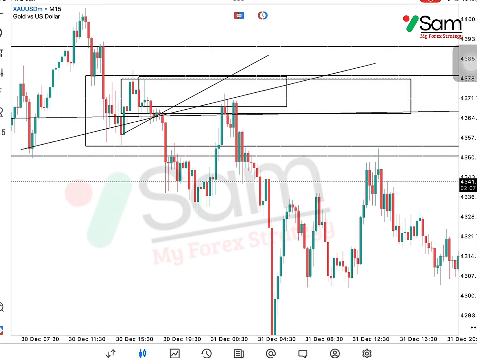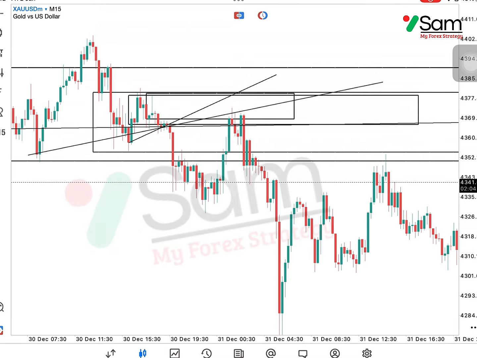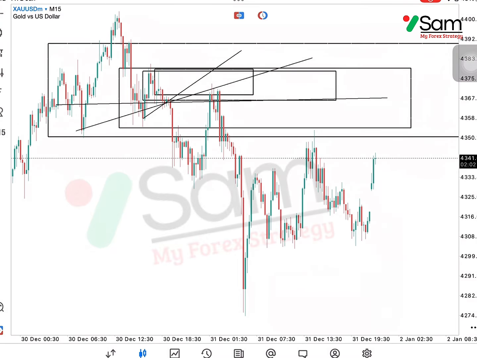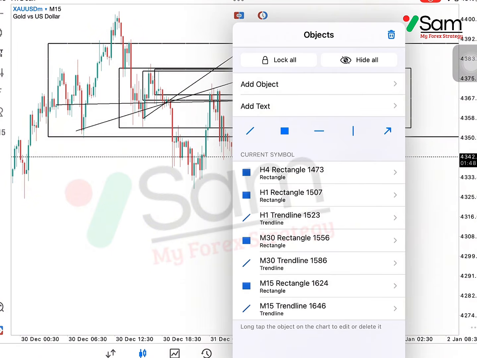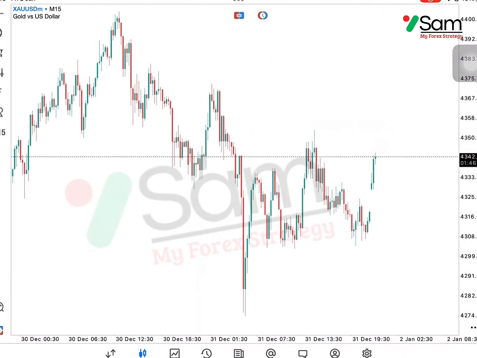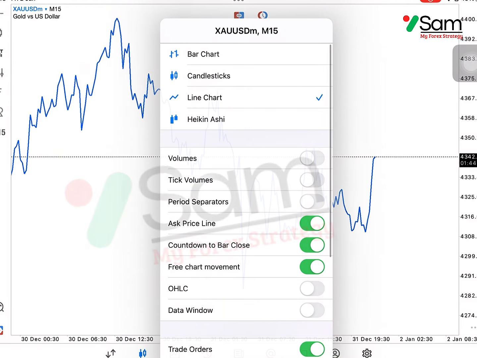Bro, a lot of people are still asking about engulfing. Now Sam will explain the different forms of engulfing, both bullish engulfing and bearish engulfing, and also why it is called engulfing. Please keep in mind, this explanation is based on Sam's own understanding and experience, and it has proven to work for Sam. Sam will also explain how to mark engulfing the Sam way.